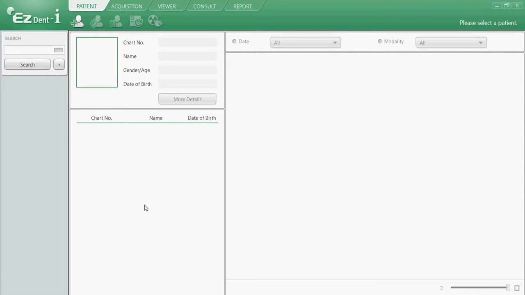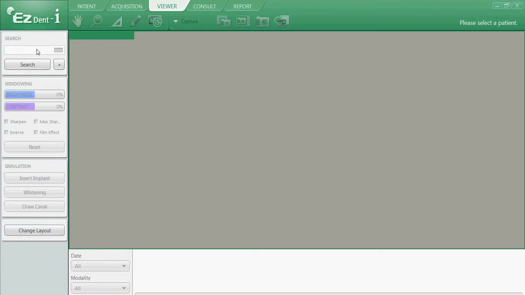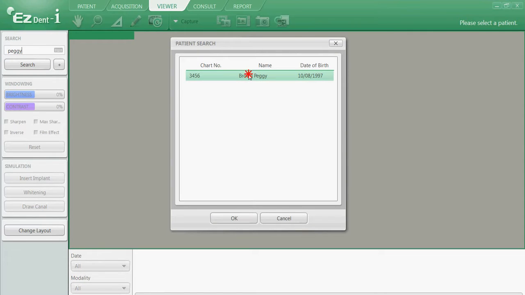In order to place our virtual implant and draw our canal, let's navigate to the Viewer portion of the software. Left-click on the Viewer tab, and then from here, let's perform a search for our patient. I'll type in the name Peggy, left-click on Search, verify this is the correct patient, and as a side note,